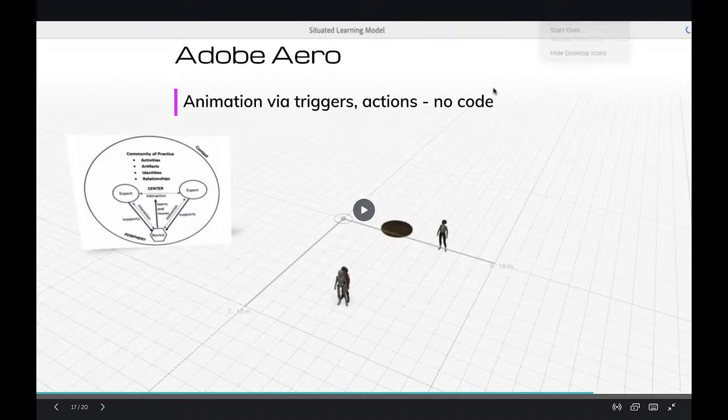But again, the ability to place avatars that are already part of the program, not like you have to create them, onto the virtual environment and animate these avatars via triggers and actions. That, from my perspective, as an instructional designer, is a real game changer. Because